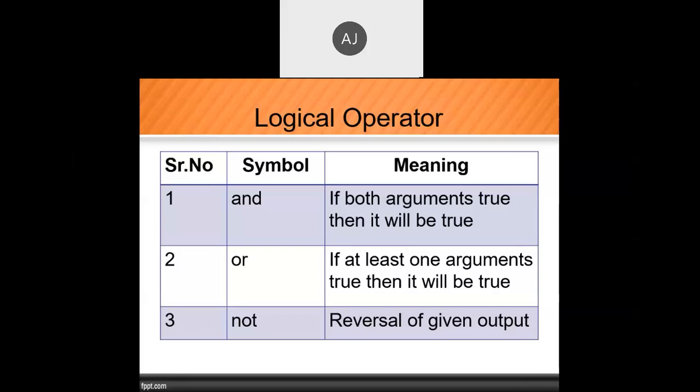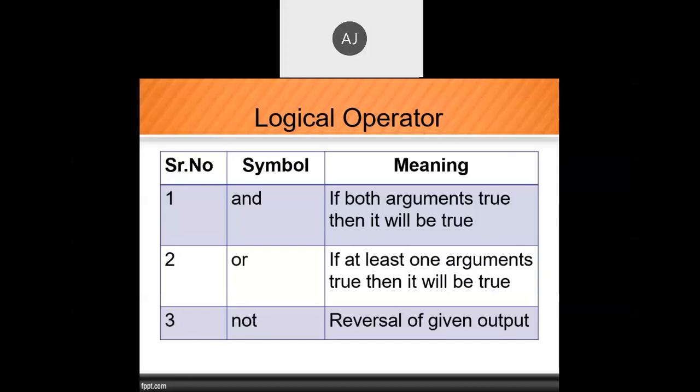Assume you have only two conditions and only one is true, the rest is false, then the output will be true. If we have two conditions and all are true, then the result will be true. If we have two conditions and all are false, the result will be false. That means the difference between and and or is: in and, all conditions must be true, and in or, at least one condition must be true.